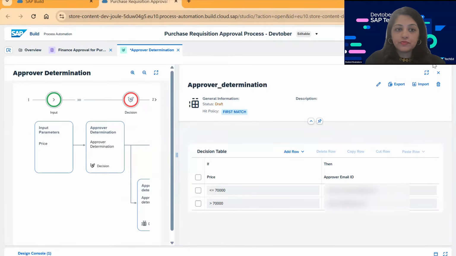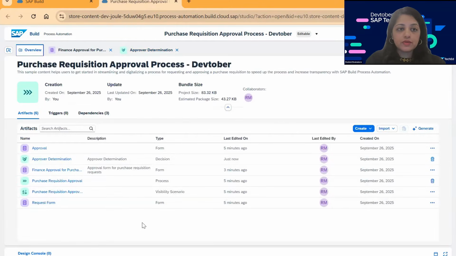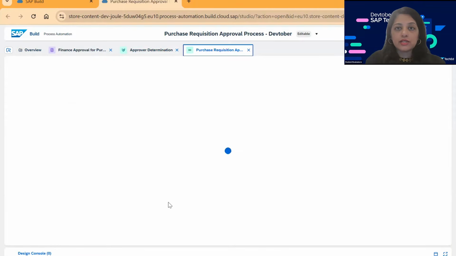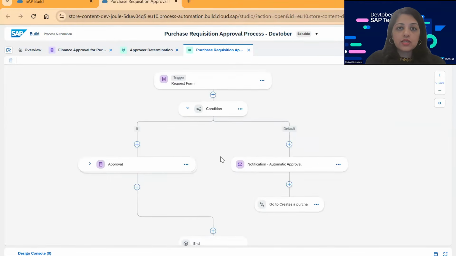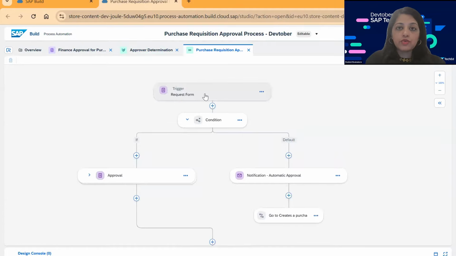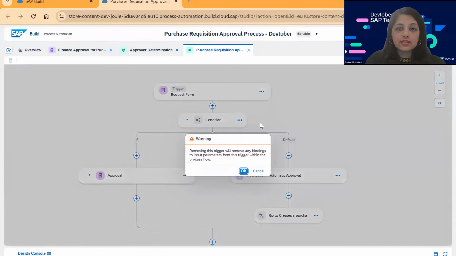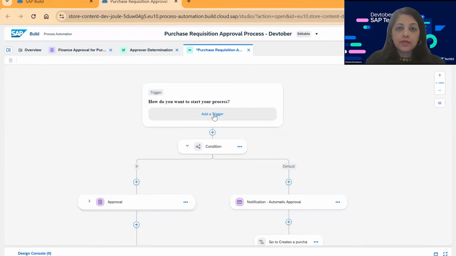Click on Save. Then we go on to the overview section again. Let's open the process and make use of this approval form as well as decision in the process. You can see that in the process, there is a request form, but we want to create a Joule trigger. So let's delete this, add an API trigger,